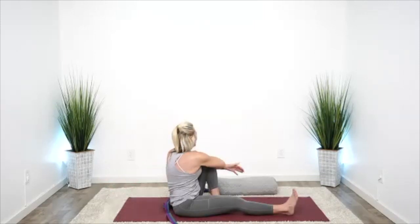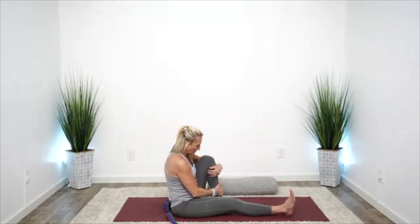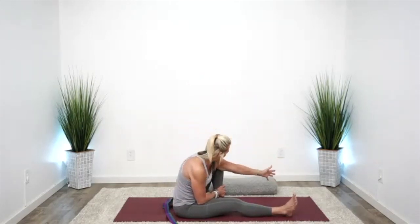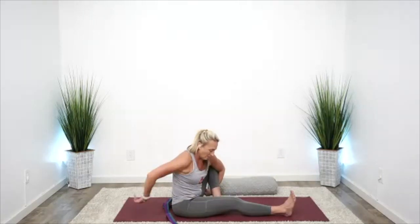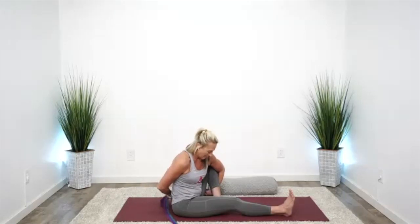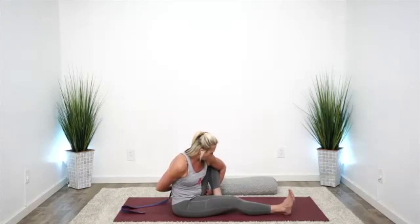And then come back to center. Hug that knee in again, hold on to your shin bone, left arm lifts high, and then lean forward. See if you can find the inside of your knee with your armpit, and wrap both arms behind you. If it's not quite there, you're gonna grab that strap. You use the strap to help you just inch a little closer. Once you get a nice hold on either a strap or your hands, sit tall and rotate to look over